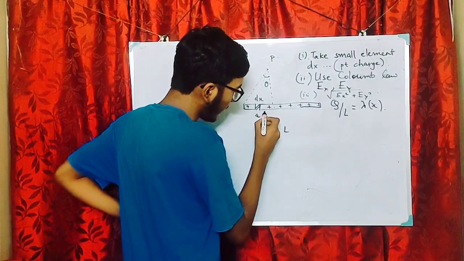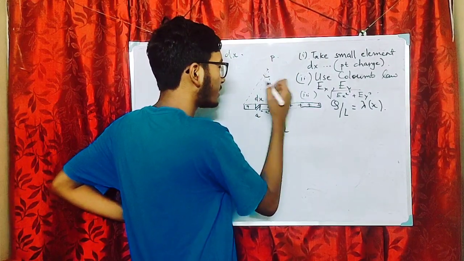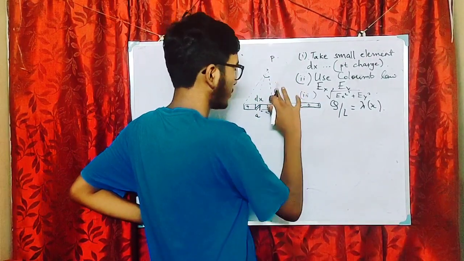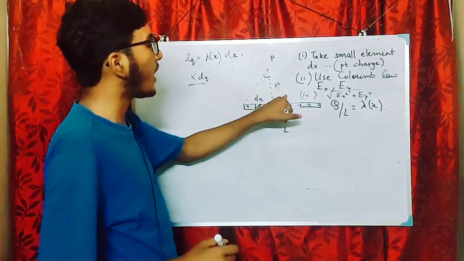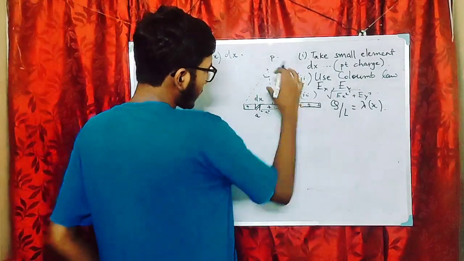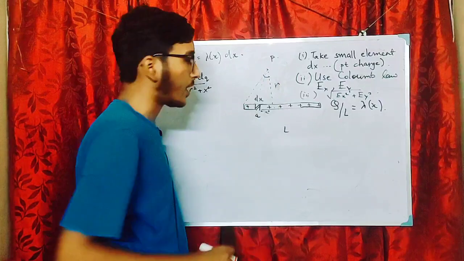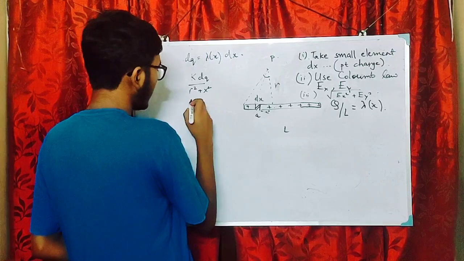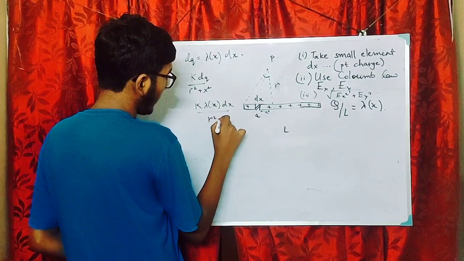We are taking this element dx at a distance x. Let's say that length is given here. This is for example capital Y, let me say, या फिर r ले लेते हैं इसको. R is a more general term. R, theta भी ले सकते हो आप. You could calculate r from the theta as well. See what it says. So k dq by r square plus x square. ये वाला लेंथ क्या होगा? r square plus x square, right? So basically this is what it is. Now this will become k lambda of x dx by r square plus x square.